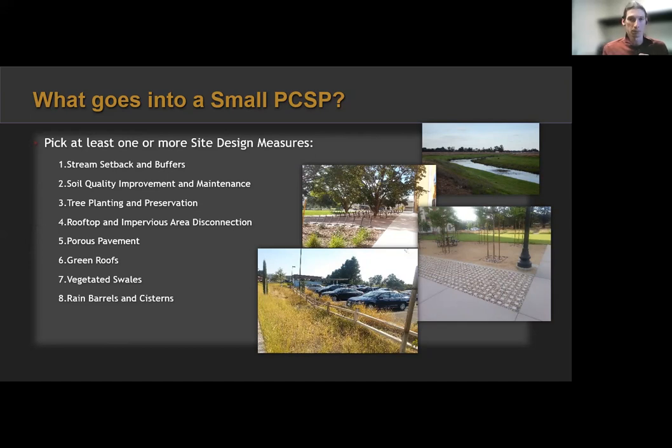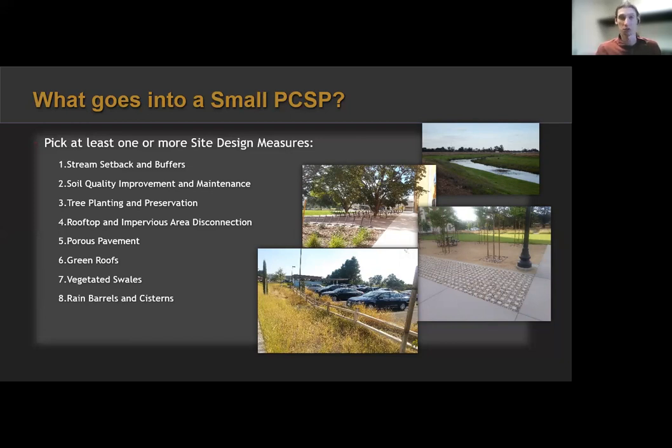And it's important because if we're picking one or more, does this mean, hey, I'm planting a couple trees on my project? Does that mean I can select tree planting preservation and that's my one site design measure? Yes, of course. It's really easy for small projects to meet these standards. And remember, they are 2,500 to 5,000 square feet.